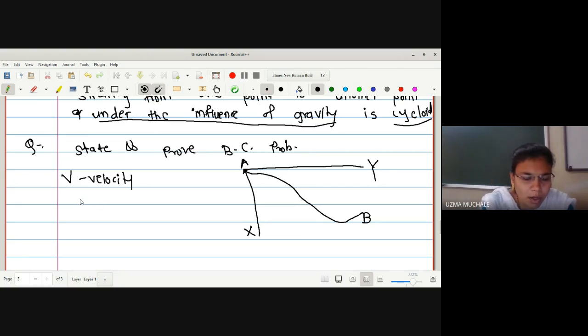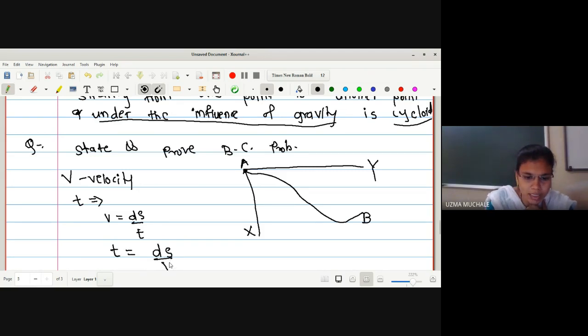Now can anyone tell me how you are going to find the time t which is required to fall from position A to B? I told you this many times from the first lecture. How do you calculate if you have a velocity? Velocity v is given to us, right? The formula for velocity is distance upon time. If you know the distance and the velocity, you can find the time. So the minimum time required will be calculated by using ds upon v.